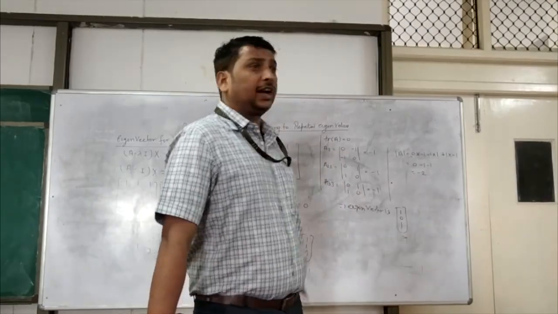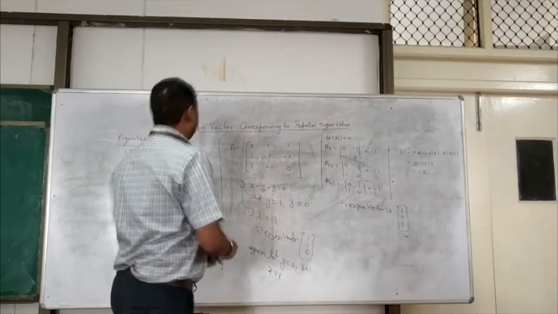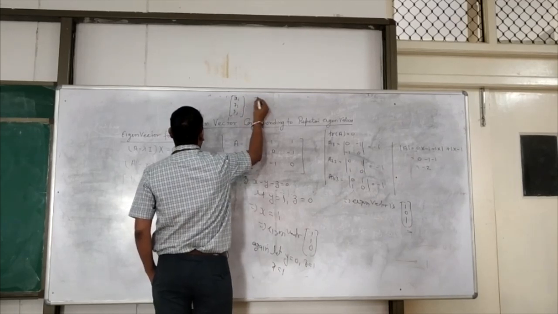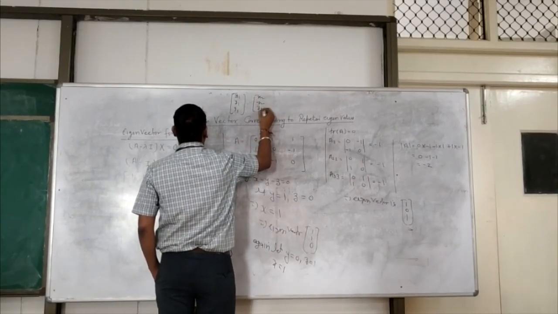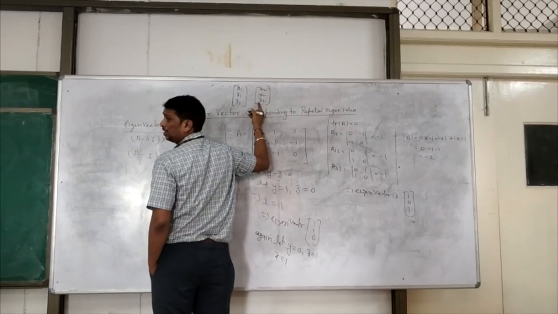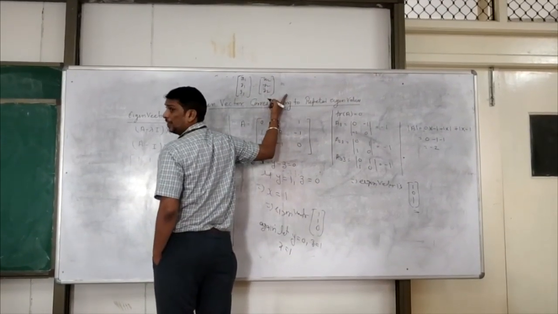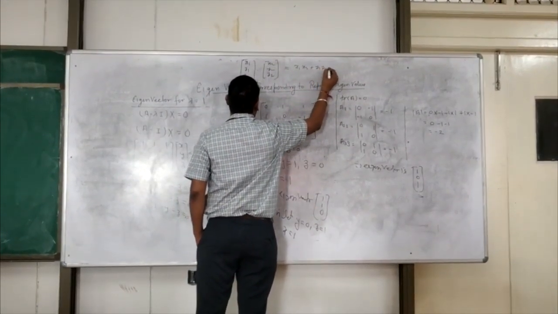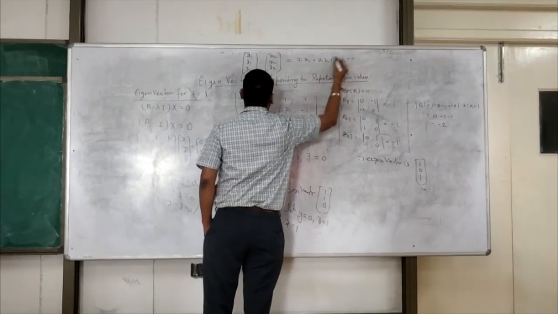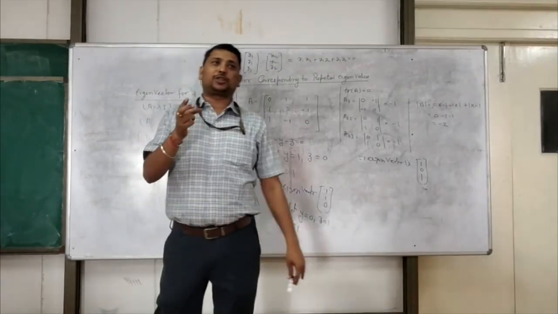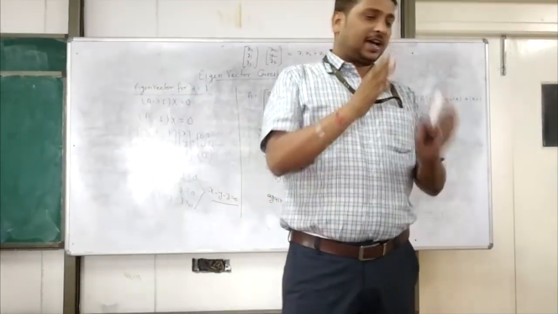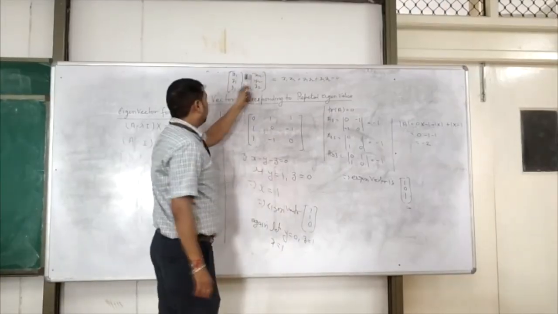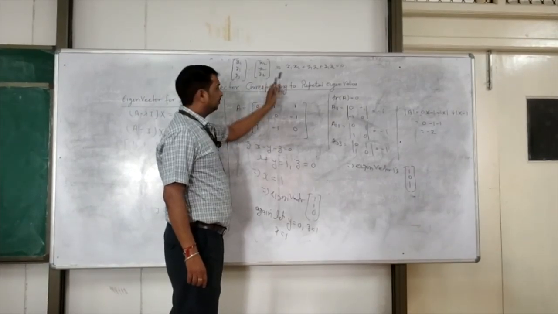Here an eigenvector means a vector only. So suppose one vector is x1, y1, z1, and the second vector is x2, y2, z2. Their orthogonal product, meaning dot product, is 0. What is the dot product? x1x2 plus y1y2 plus z1z2 is equal to 0. Correct? Because how do we find the dot product? i with i, j with j, k with k: first with first, second with second, third with third. Understand?